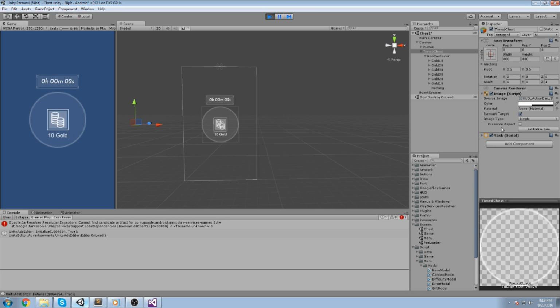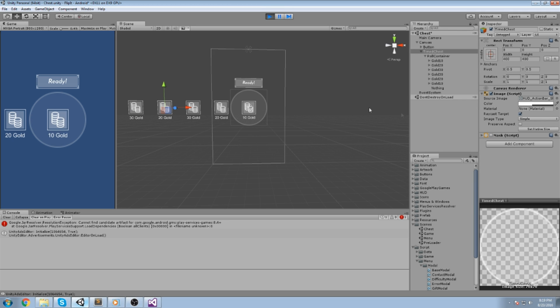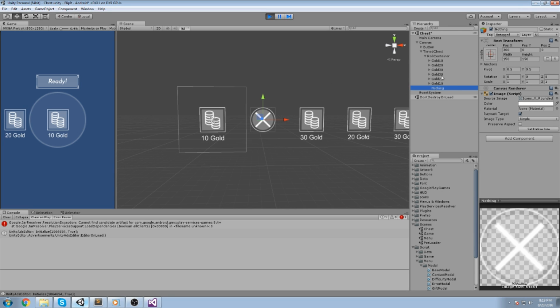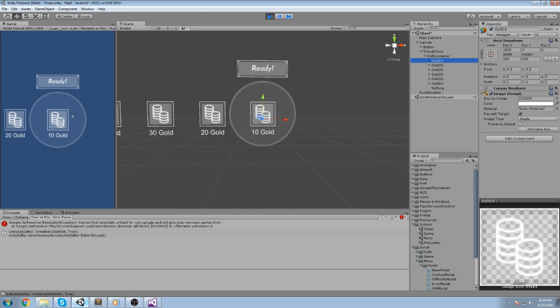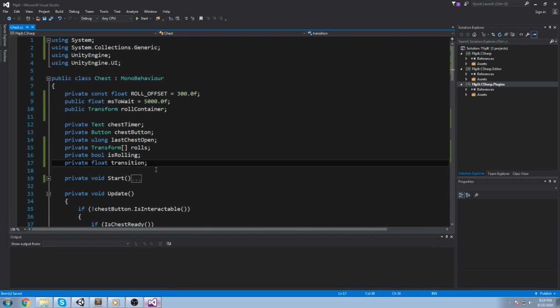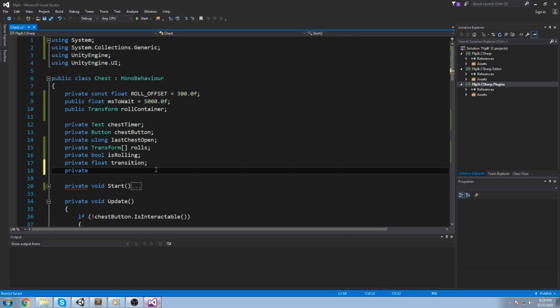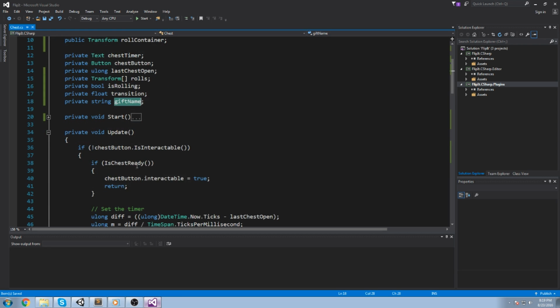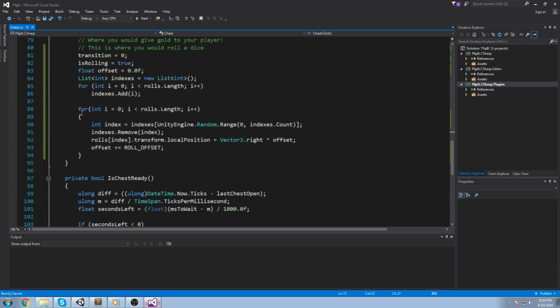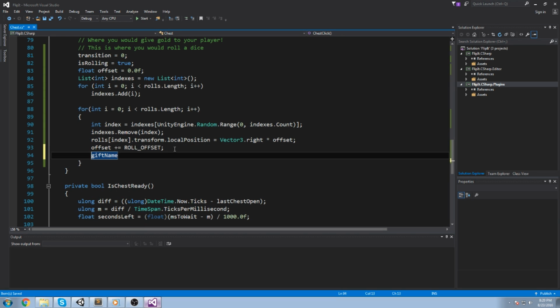Alright, now what we need to do at this point is keep track of which object is the last one, because technically the last one is going to be the one that you roll. The very last object is the one that is ending in your side here, so that's the one you're winning, technically. To do that, we are going to test it using the name, and I'll just keep this name as a global field up here. So let's do a private string, gift name. And what I'm going to do is simply place it in the chest click function. So on chest click, we do an iteration over here, just going over every single object we have. At the very end, we're going to say